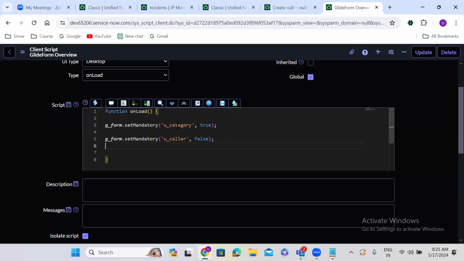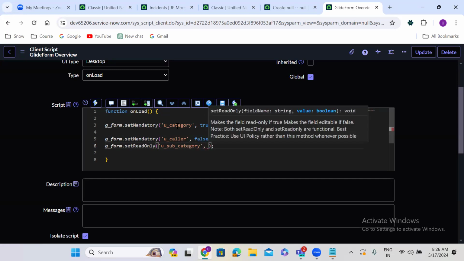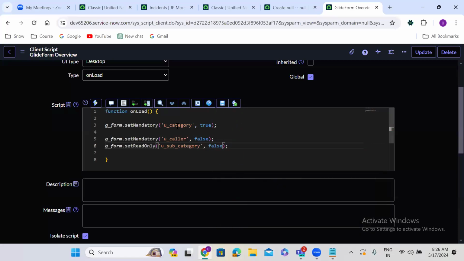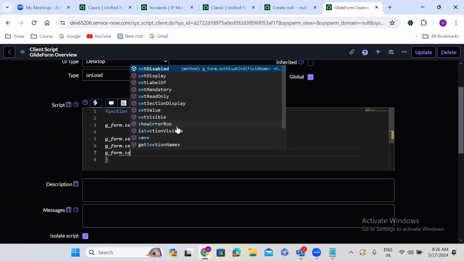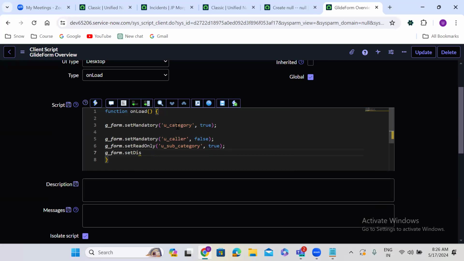I am also making the subcategory field read only. To make it read only, g_form.setReadOnly, u_subcategory, comma, true. Read only true, false to make it editable. Set display is used to show or hide the field. u_